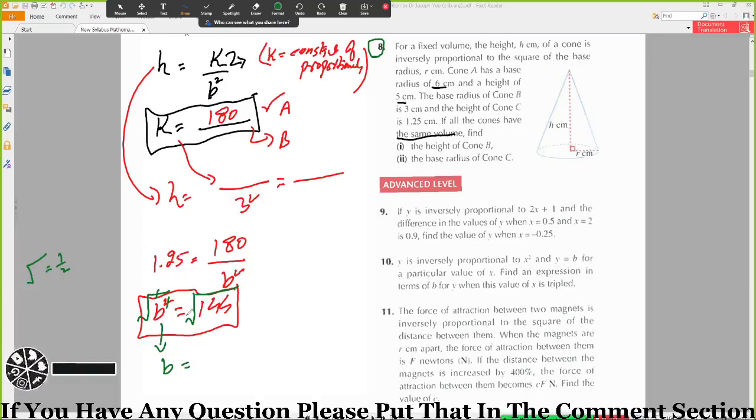What will be the square root of 144? Is there any number you can take? Yeah, 12. Good. So actually if you take the square of 12, that's equal to 144. So you can write it like this: 12 square will be equal to 144, and this square root will come over here. So we know that this square will cancel out by this square root, so you will get 12.